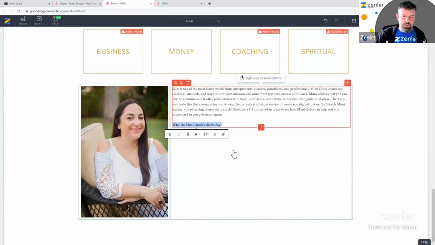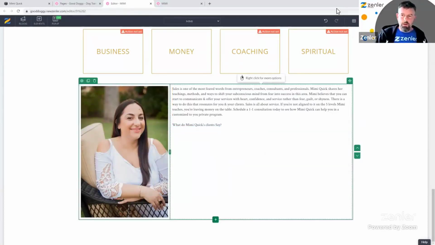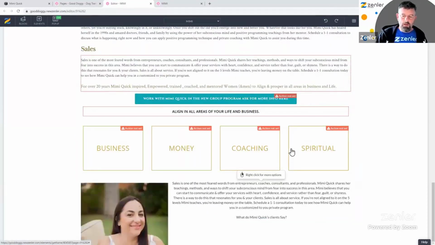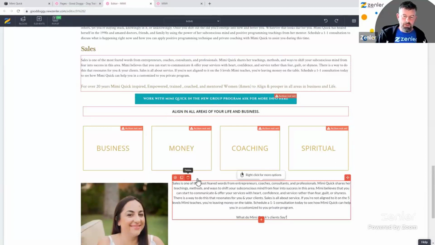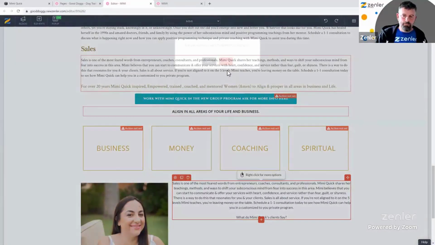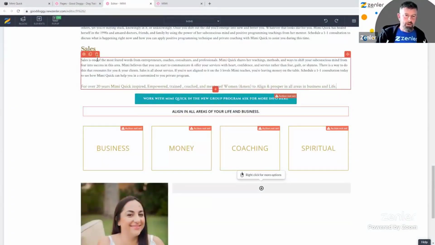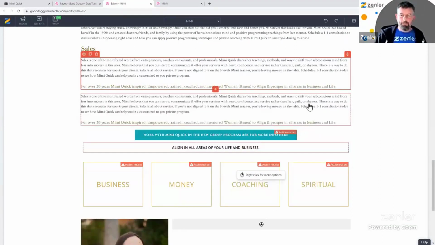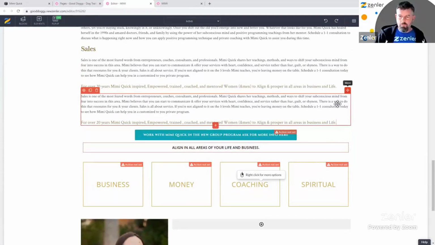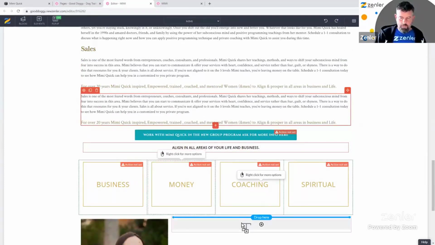Right, I'm going to show you another little tip as well. Hold on, hold on for this, you're going to like this one. This little tip I'm going to show you is, you might have had this happen and gone, why does it do that? And I'm going to show you something that will really help you. So if I put this down here,